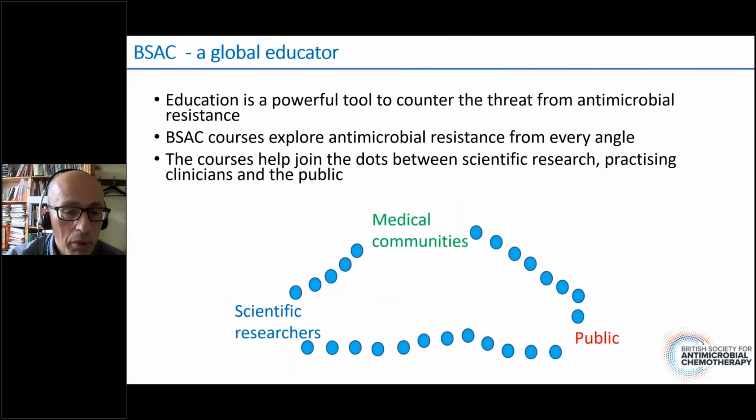So BSAC is a global educator. We consider education to be a very powerful tool to counter the threat from antimicrobial resistance. Bacteria are working all the time. Our intelligence is what sets us apart from the bacteria, and we really need to exploit that as much as possible in order to keep on top of resistance. And we look at antimicrobial resistance from every angle, from basic science all the way up to political advocacy, and our BSAC courses reflect that. We consider that these courses help join the dots